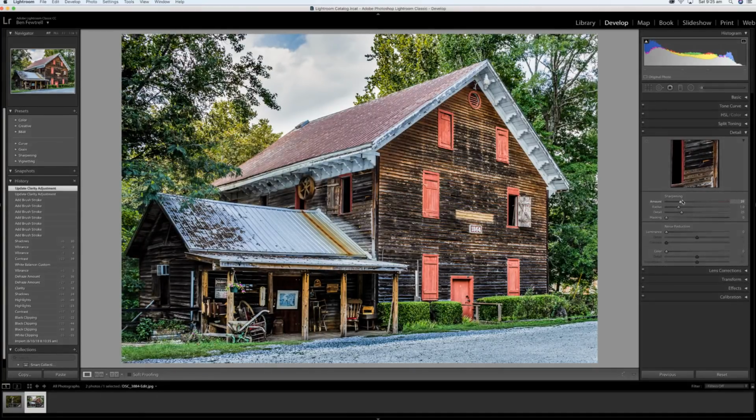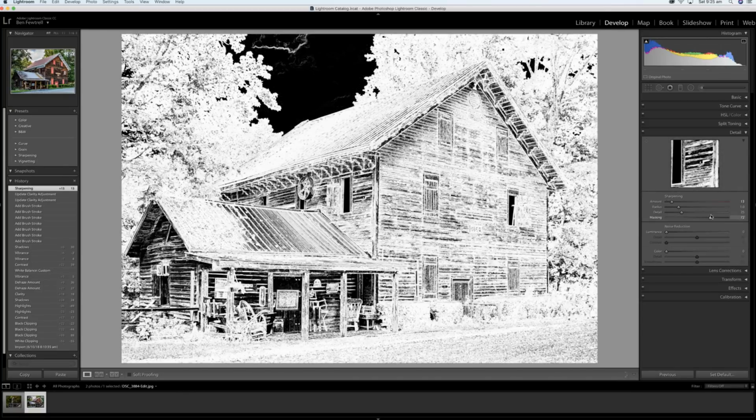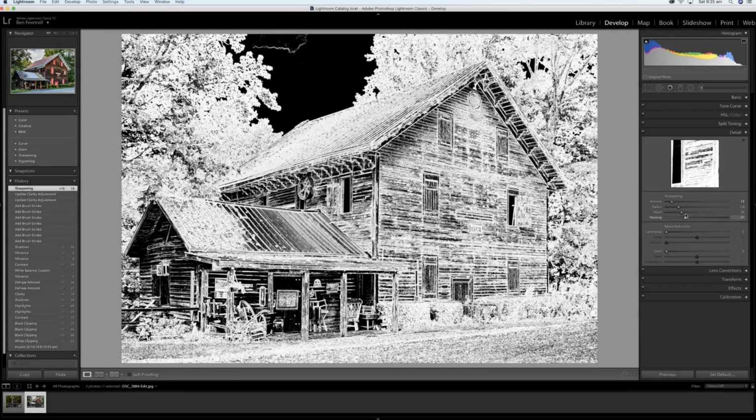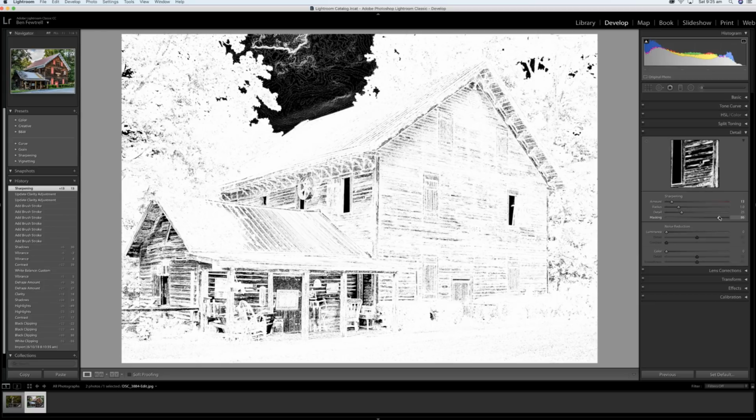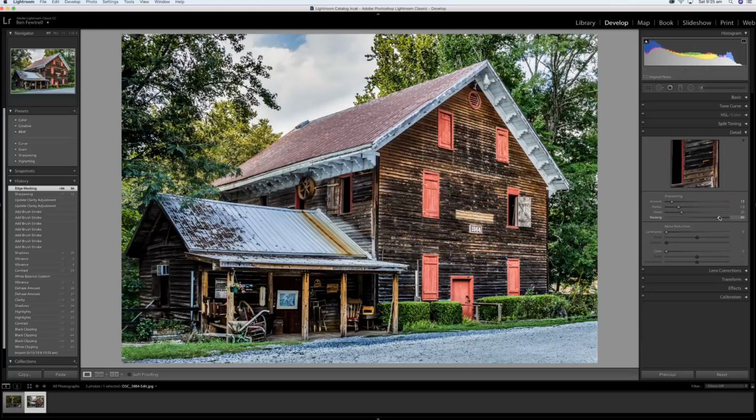But you've got to be careful with sharpening, especially with HDR. If you hold down your Alt key, it gives you this screen where you can drag it along and you can actually mask off what you want to sharpen. So in this image, I would just want to sharpen up some of the edges. So I'm going to be quite aggressive in my masking. And you'll see that way that I can be quite full on with my sharpening and I'm not going to go too crazy. And then if you change the radius, you can sort of see how it